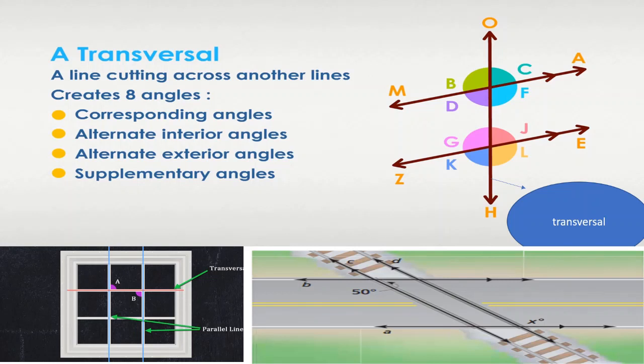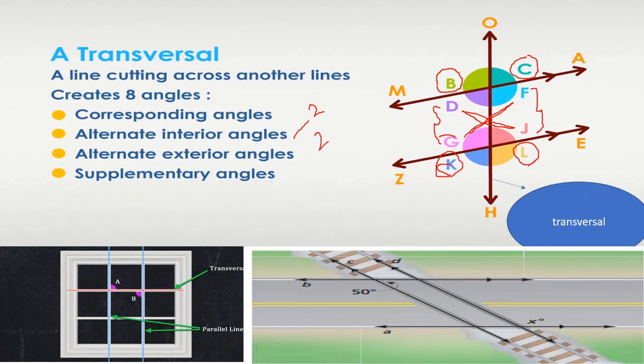Now the angles inside the lines are called interior angles. So these are the angles inside the lines, and if they are on opposite sides, you call these two angles alternate angles, and these two are also alternate angles. So there are two pairs of alternate interior angles. Similarly, if you consider the outside angles, this is outside and this is also outside, and these two are alternate. So there are two pairs of alternate exterior angles.